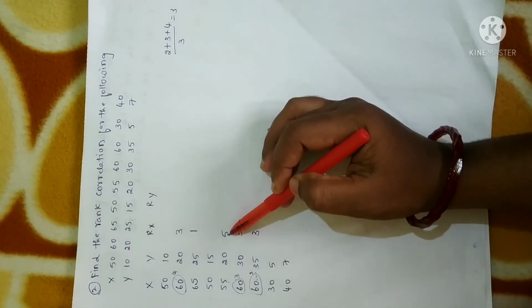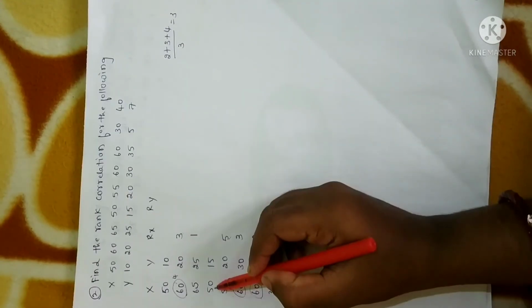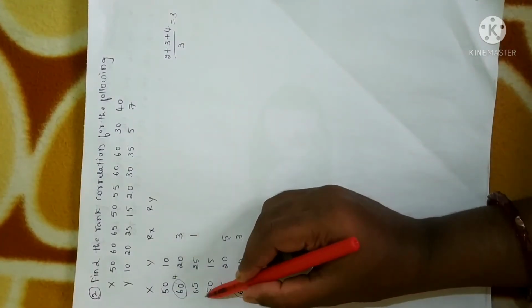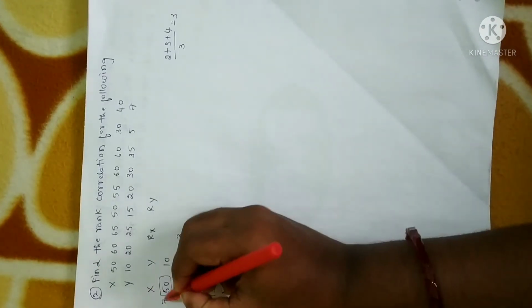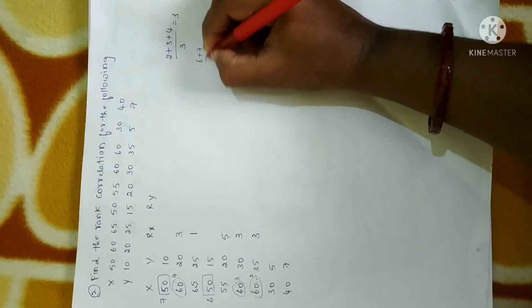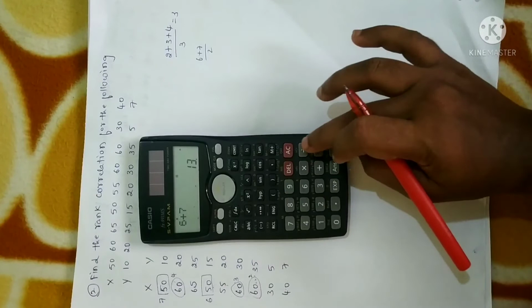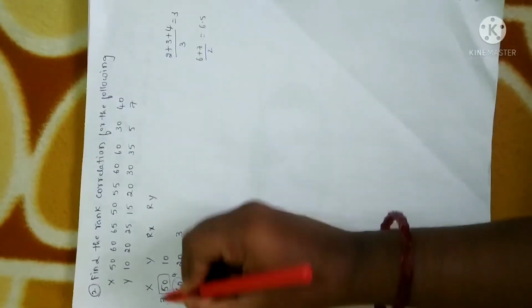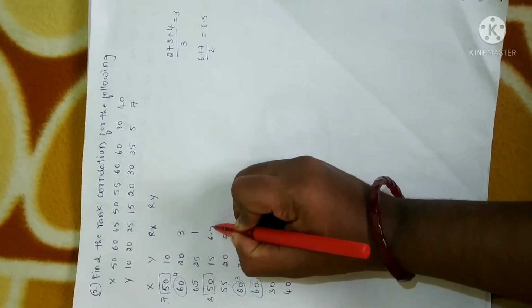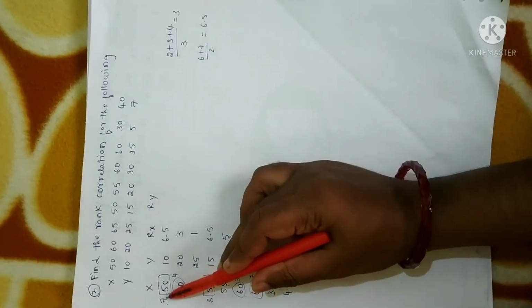Next, check for the next highest mark, that has to be given as sixth rank. Clearly, which is the next highest mark here? It is 50. Again, 50 is repeating twice. So care has to be taken. 50 is repeating 2 times, so you give one value 6th rank and another value 7th rank. Now you add 6 plus 7 and divide by 2. Why? Because it is 2 in number. So 6 plus 7 divided by 2 will give you 6.5. Now this value has to be placed for both 7th rank as well as 6th rank. So 6.5, 6.5. Clear? So 6th rank is finished, 7th rank is finished.